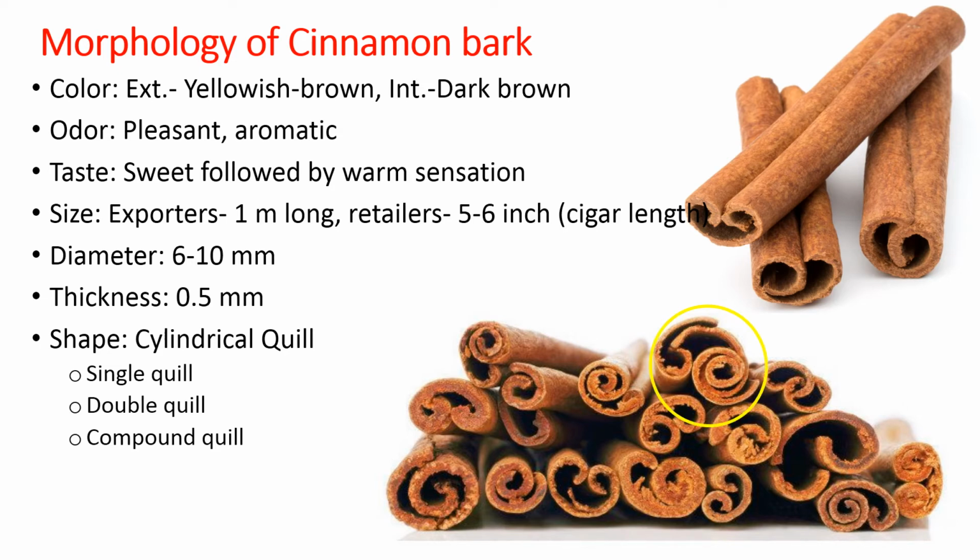So these are the forms in which cinnamon bark appears in the market. So you can identify cinnamon bark and try to differentiate it from another bark called cassia bark. Cassia bark, in a simple grocery shop, we get it in the form of dalchini. Now that is dark brown in color. Dalchini is different and the cinnamon bark is different. This is sweeter and dalchini is spicier. Botanically also they vary.